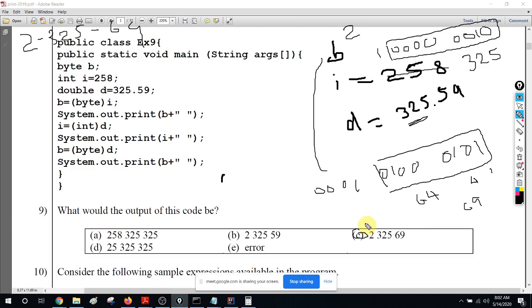Also, when you are casting a decimal value to a whole number, the decimal part will be truncated. So that's it. You have to use only those two rules. I think almost every year you get this kind of question, at least one question, to check whether you know how it is happening. That is why we did those things in computer systems.